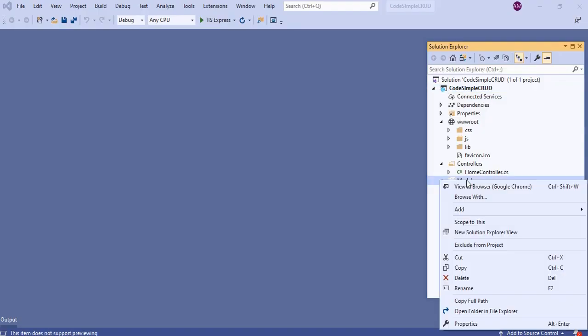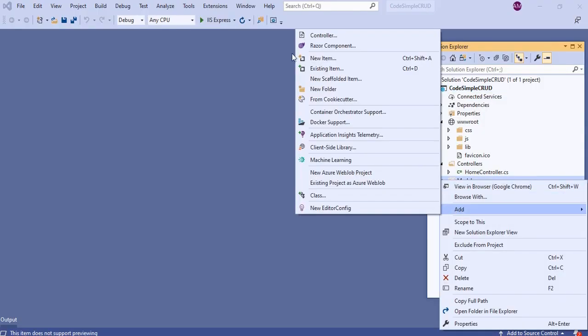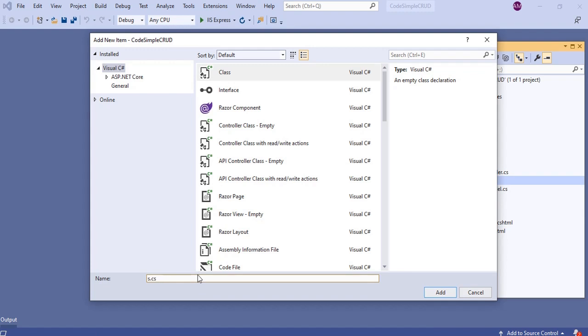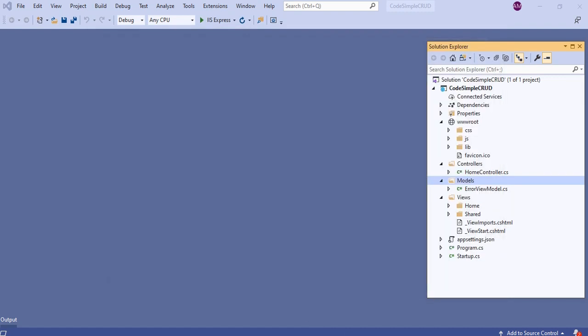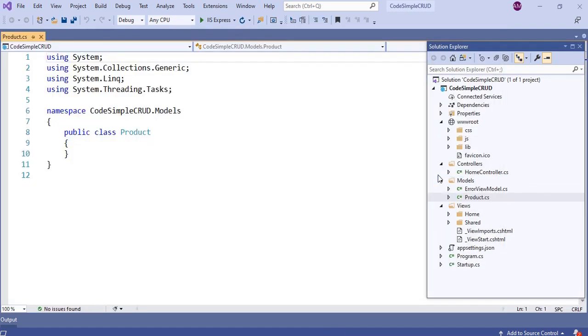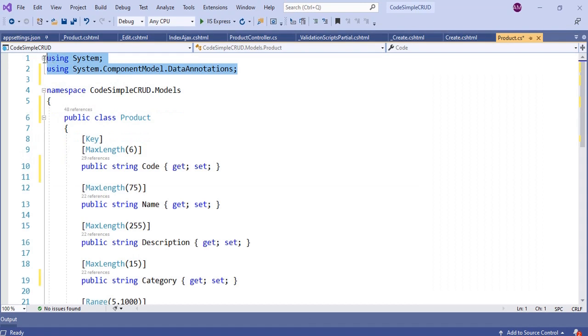Right click the Models folder and create a model and name it Product. To make it simple and concentrate more on the Ajax CRUD, we are going to have only one model for this application. Include the System and System.ComponentModel.DataAnnotations namespaces in the using section. Our Product model is very simple.